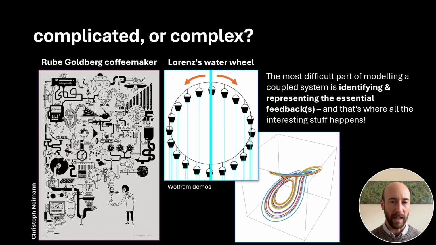And by varying aspects of this system, the water wheel will turn clockwise and then reverse and turn counterclockwise under the same forcing. And the pattern that it describes, the duration that it spends turning one way versus another, and the speed at which it spins, so it speeds up and it slows down. So its behavior can be described also as it creates something akin to a Lorenz attractor. So the most difficult part of modeling a coupled system is in that step of identifying and then deciding in abstract how to represent the essential feedback in the system, because that is where all the interesting stuff happens.